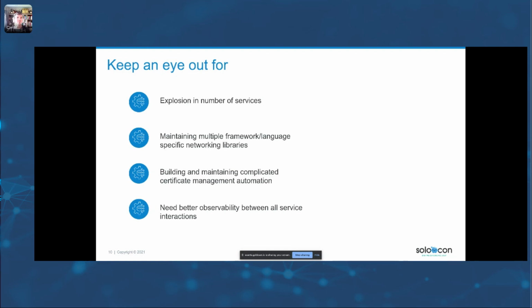If you find yourself already maintaining multiple languages and multiple frameworks, libraries that solve problems like circuit breaking and distributed tracing and telemetry collection and client-side load balancing, it's time to start exploring how to operate your services with a service mesh instead of continuing to invest in that.